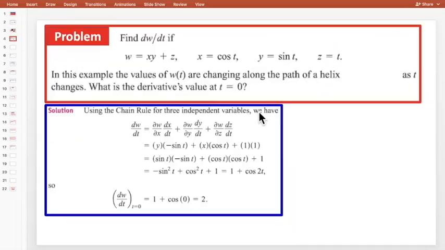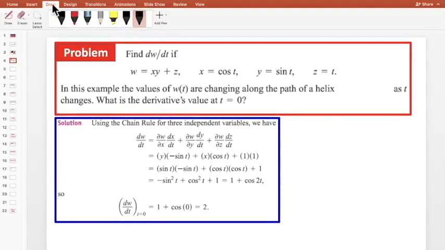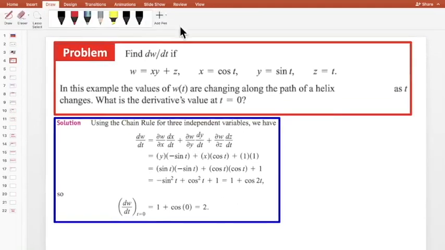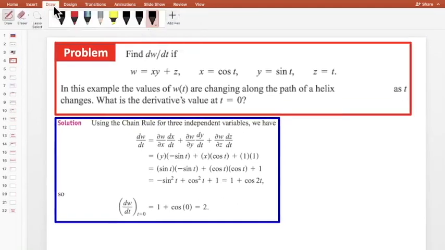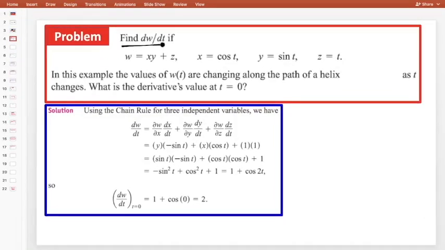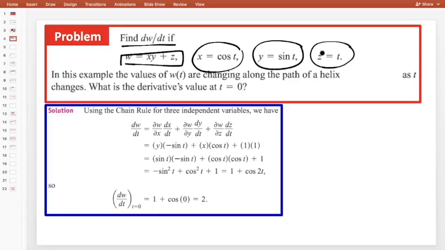So now see, here is one problem. This problem is very important, and by this problem everything will be clear, right? So now see how we solve this type of problem. Generally they ask a real world problem of this type. Find dw by dt, or rate of change of w with respect to t. They have given w as a function of what? xy plus z, right? x is a function of t, y is also a function of t, and z is also a function of t.